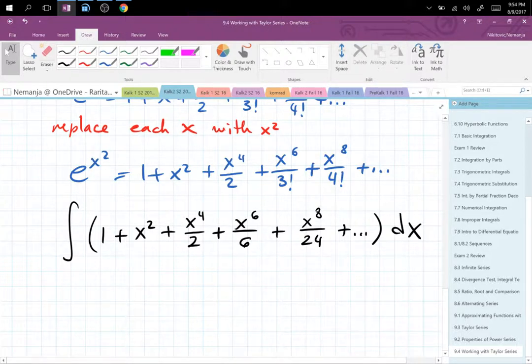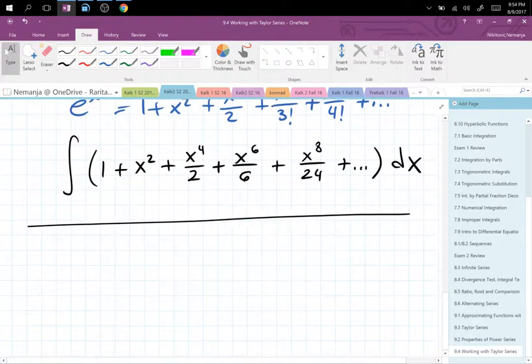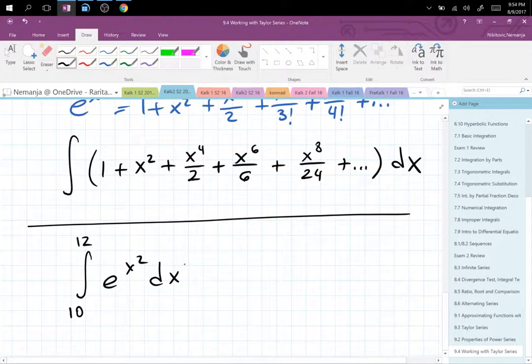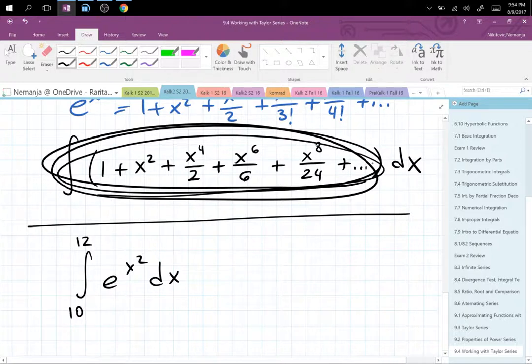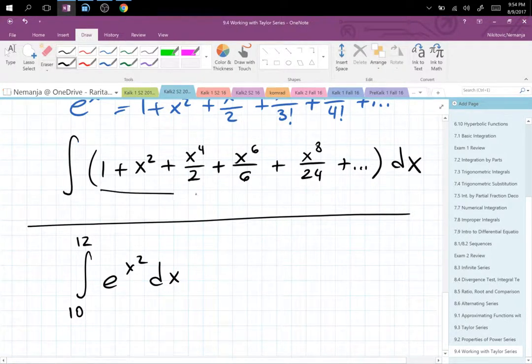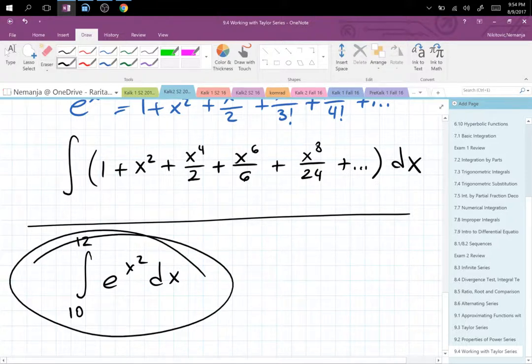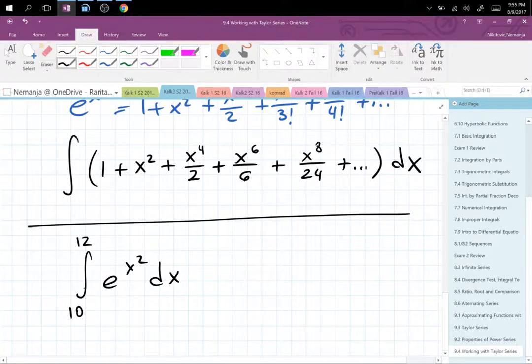You also have to be very careful where you expand your functions. If you say that you want to compute the integral from 10 to 12 of e to the x squared dx, and you use what you have above, well, I'm sorry, it's not going to work. It's not going to work because this expansion here is centered where? At 0. And this integral is centered where? At 11, right? Because that's midway between 10 and 12. You can also center it at 10 if you want to. So you get the idea. You have to center your expansion